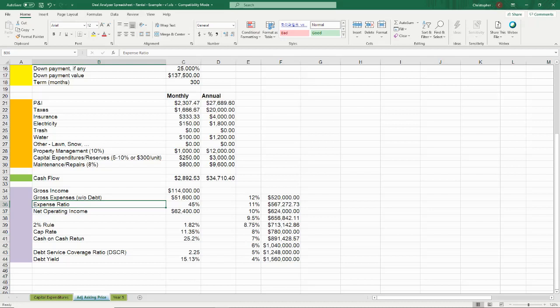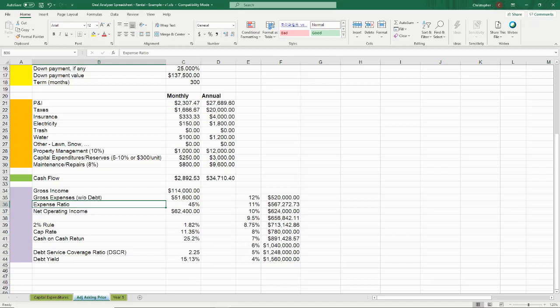So what does all that mean? Well, the expense ratio, we're going to consider this our first key indicator. 45% is a good indicator that this real estate asset is a good deal, that it's operating correctly. If it were 55% or 60% or even greater, there's some indication there that something has gone awry with the real estate asset. Either it's not bringing in enough income and there may be an opportunity to increase the income, or somehow there's too many expenses, or it's costing too much to operate the real estate asset, and there may be an opportunity to decrease the expenses.